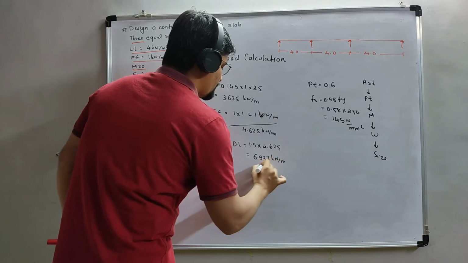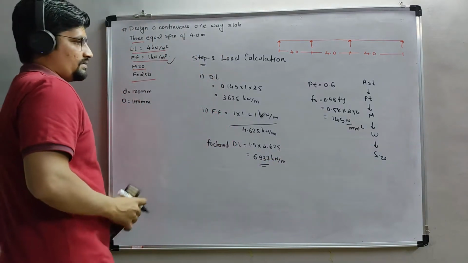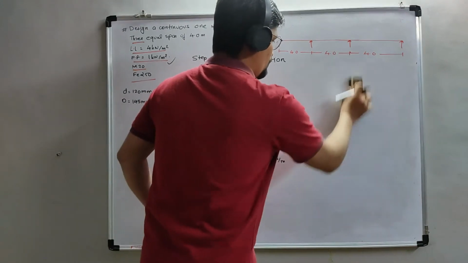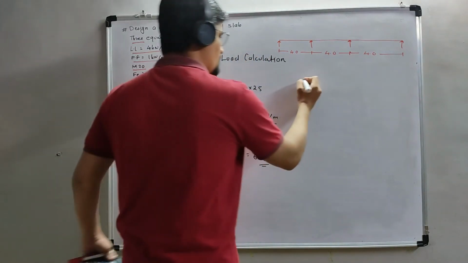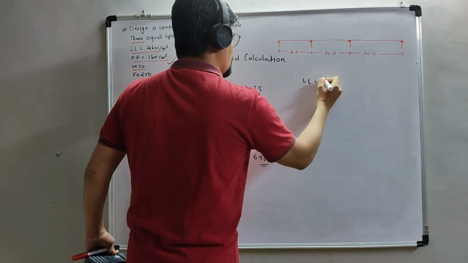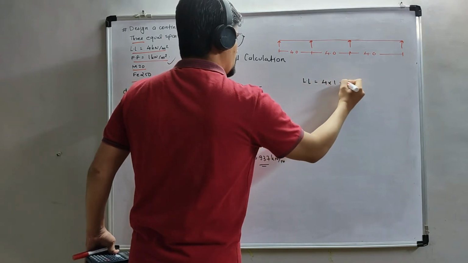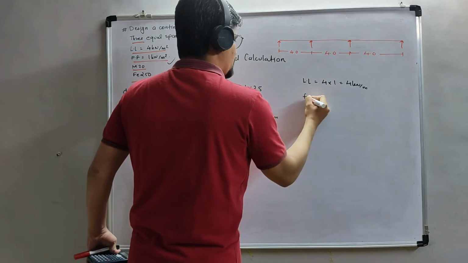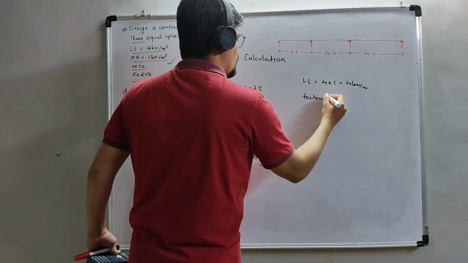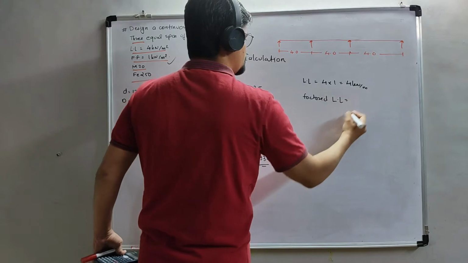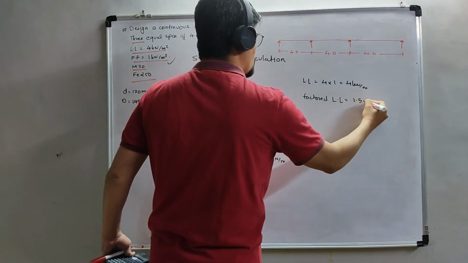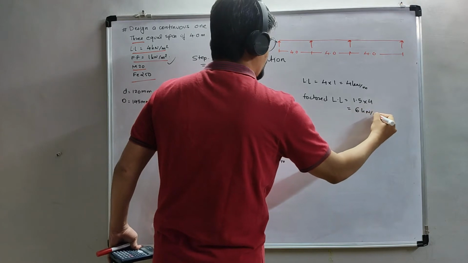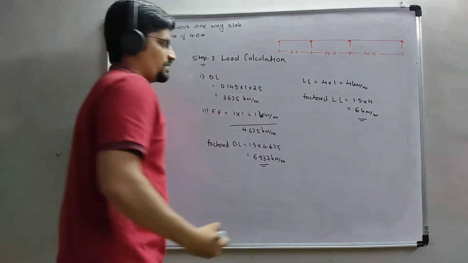kilonewton per meter. Okay, and the live load is 4 into 1, which is 4 kilonewton per meter. So factored live load is 6 kilonewton per meter. Okay. So